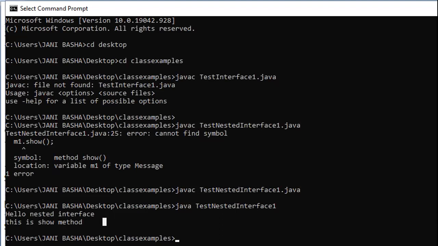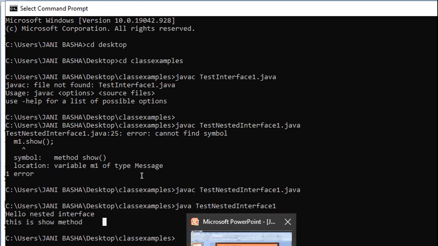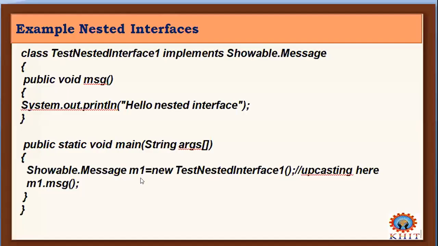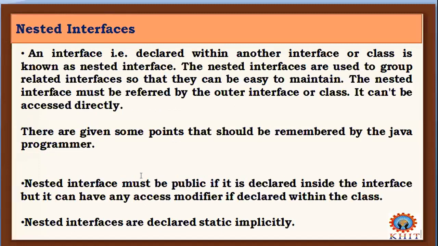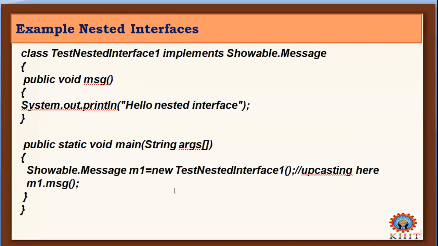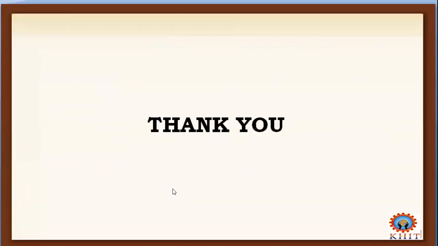So that is the end of this session. We have learned about two things here. One is multiple interfaces and the second one is the nested interface concept. Okay, right. Next thing, that is inheritance of interfaces. That is the next concept that we'll learn in the next class. Right, thank you.